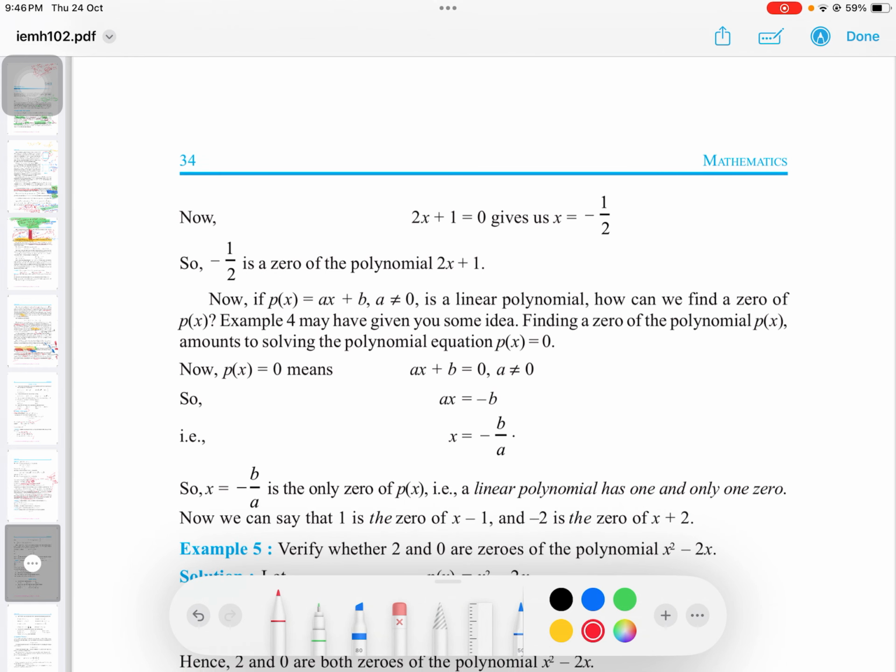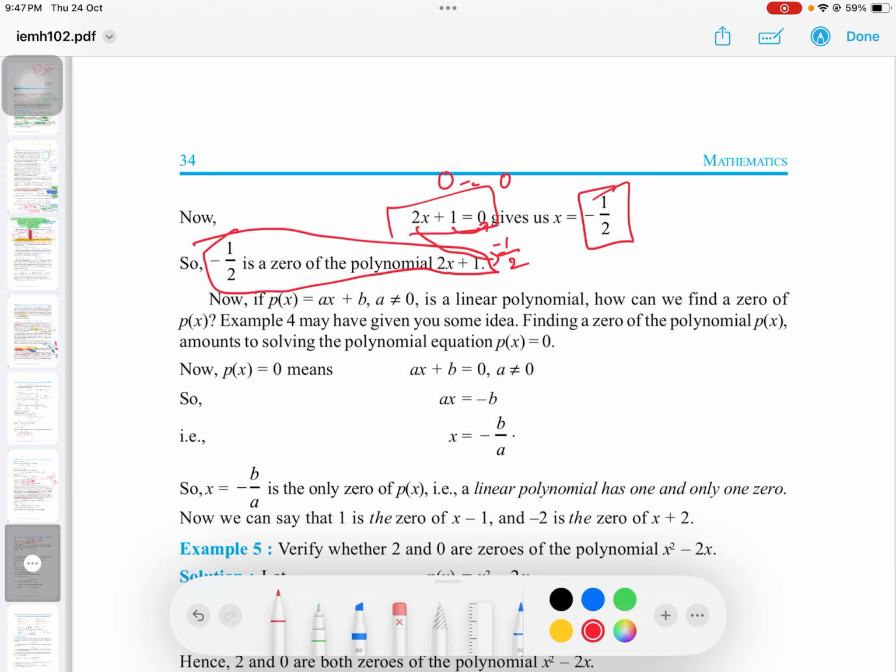Okay, now you have this polynomial. So you have to equate this to get 0. Now here's the trick. So you will just substitute. Bring this here, you'll get minus 1, bring that down, you get by 2, so this is your 0. So now if you substitute x as this, this equation will equal to this, so this is a 0 of